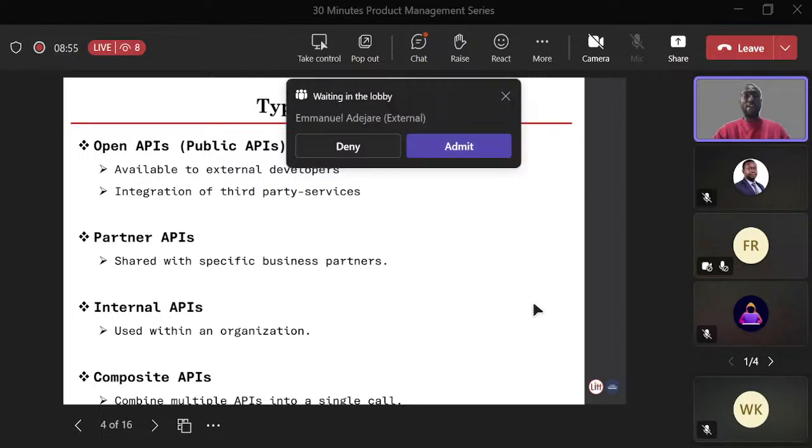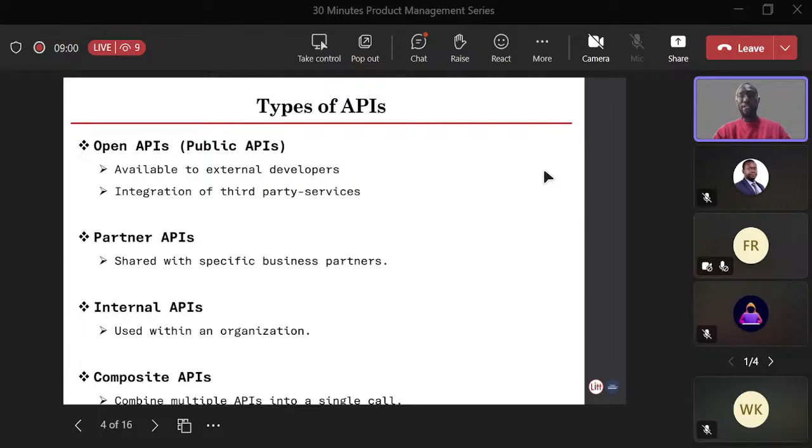We also have partner APIs. Those have to do with business interest. Maybe I'm a software development company that provides payment services for other people, and another company wants to design an e-commerce site.